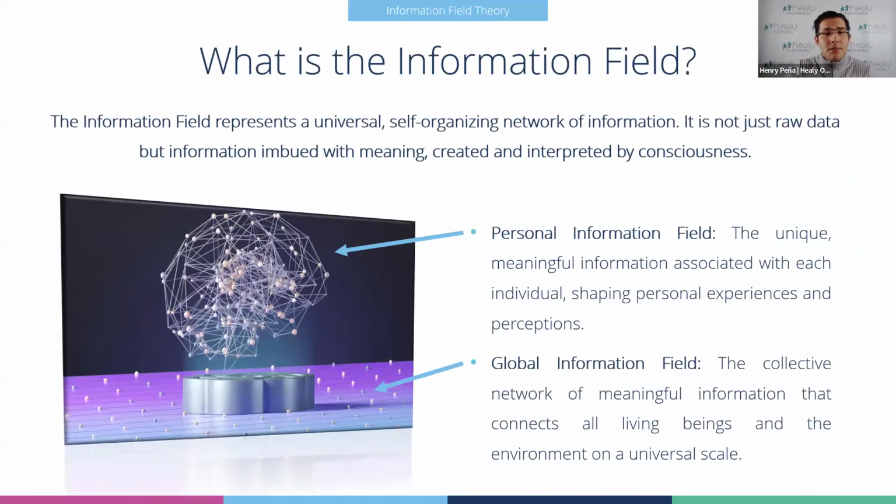So understanding this a little deeper, we can say that the information field is a network of information. It doesn't only contain raw data, though. It's actually information with meaning. It's created and interpreted by our own consciousness. What does this mean? Well, that it's coming from our own perception of reality, which is huge. That means that every single thing that we do and think, our aspirations, fears, memories, etc., as well as the things that we do, are contained as data in this information field, which means that it can be harnessed. You would only need the technology, which in this case we have, the Healy,